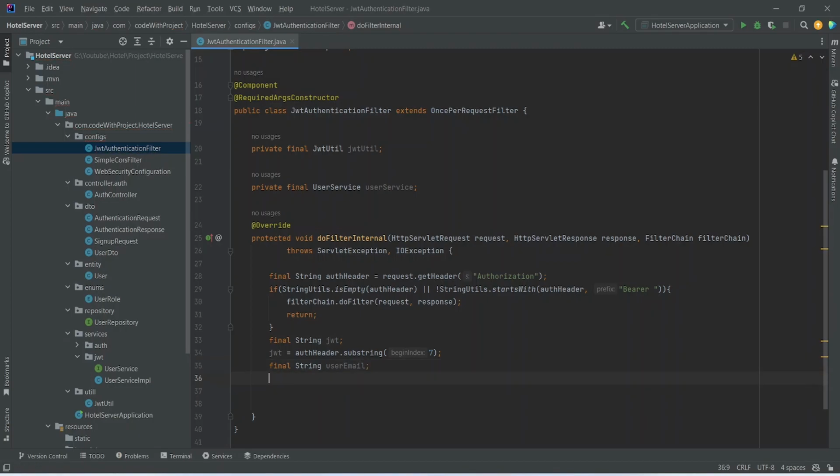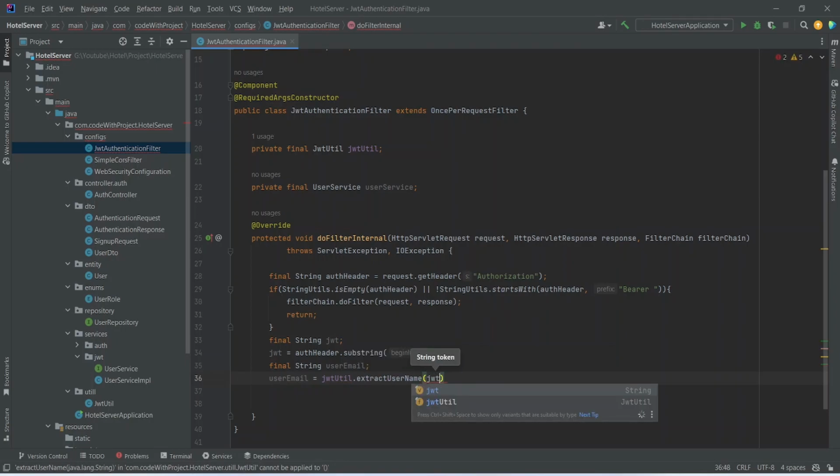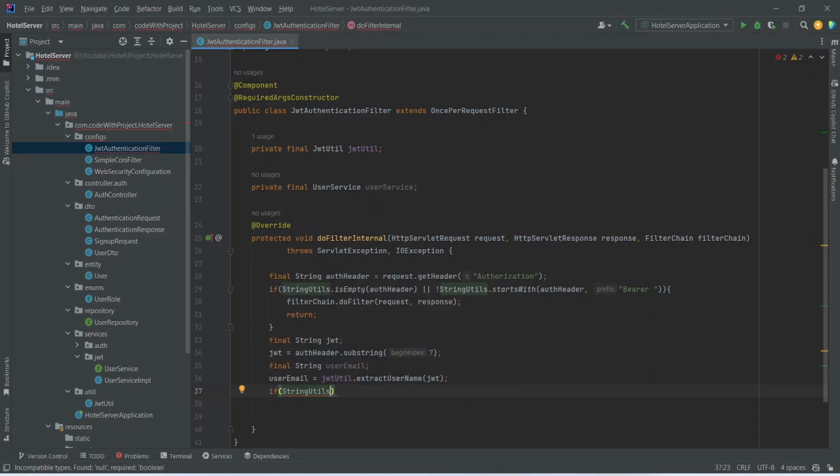And after this we will set the value in this user email, and to set the value we will use JwtUtil, and after this we will call the extractUsername method, and in this we need to pass the token, so let's pass the Jwt here. And after this we need to check this user email, so we will write an if condition, and in this we will use StringUtils, and after this we will call the isNonEmpty method,